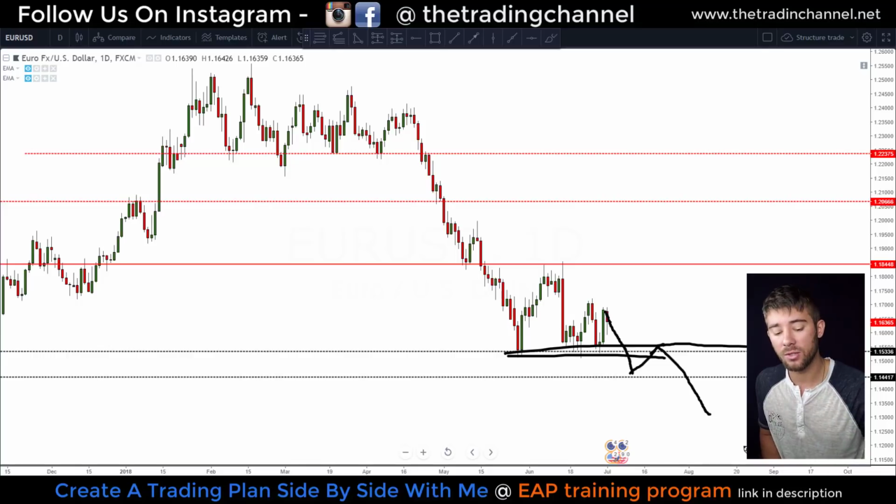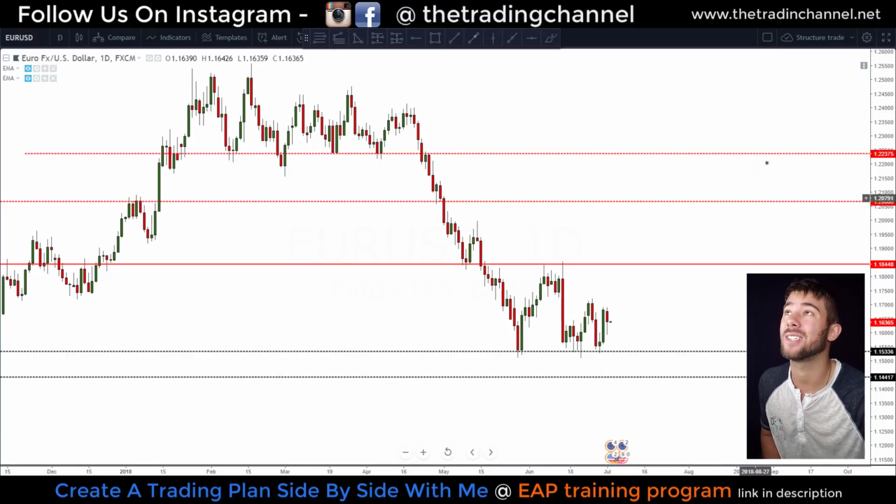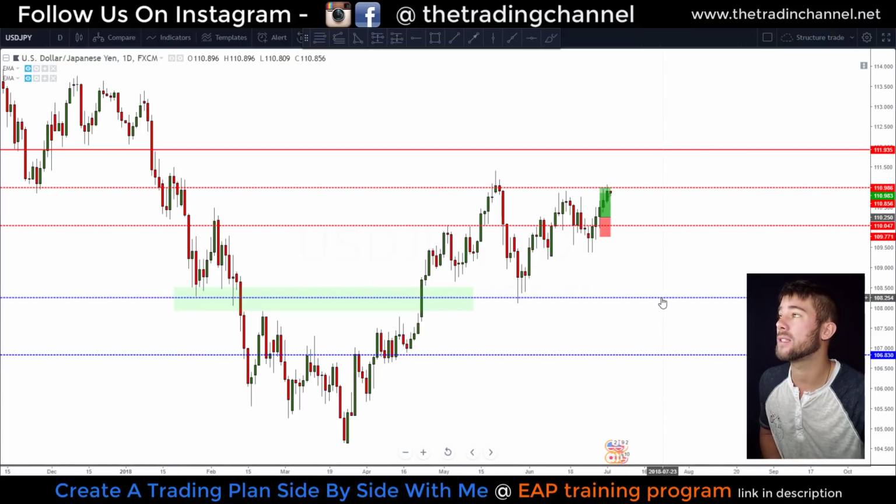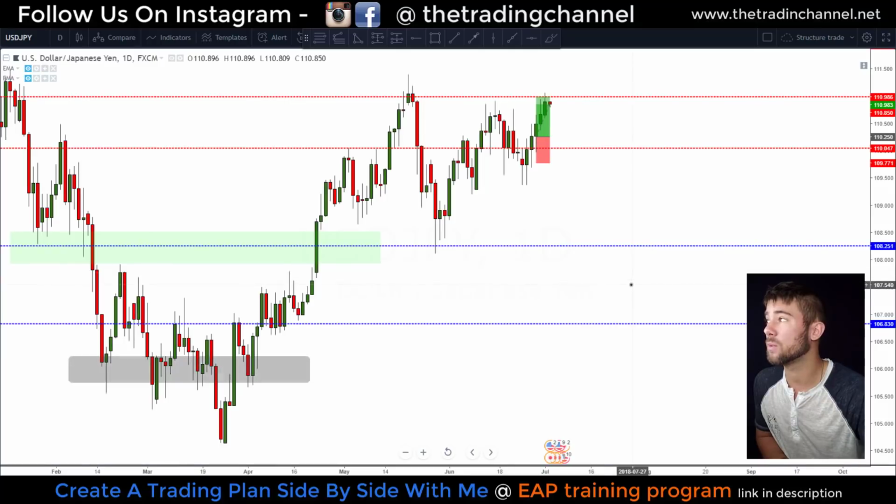We'll go ahead and move on now to our next pair. The next pair we're going to take a look at is going to be the dollar yen. So here on the dollar yen, this is a pair we actually had a trade last week in the EAP